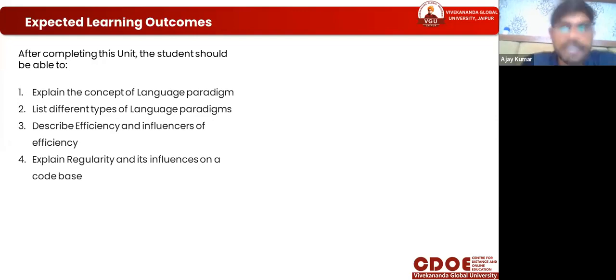After learning the objectives of the paradigm part, students will be able to explain the concept of language paradigm, list the different types of language paradigms, and describe efficiency and the influencers of efficiency. Every day you want to be more efficient.